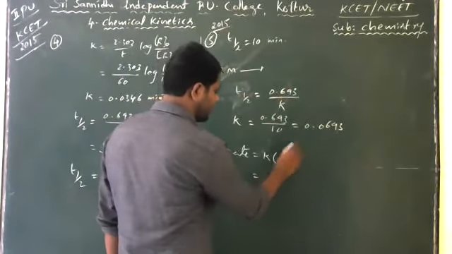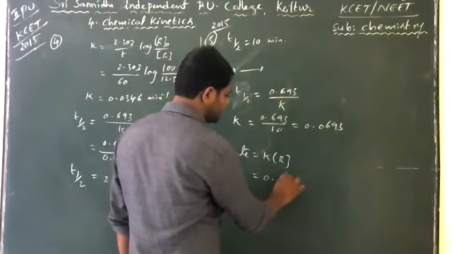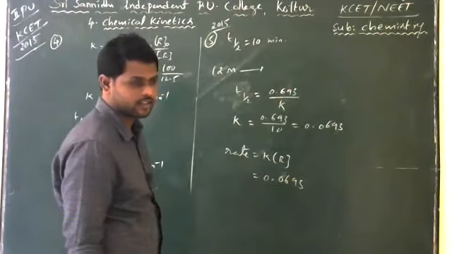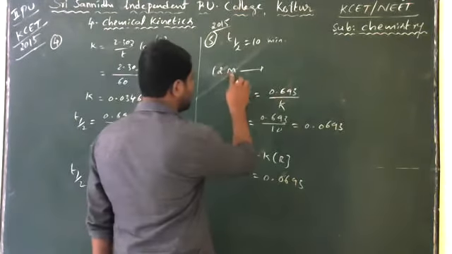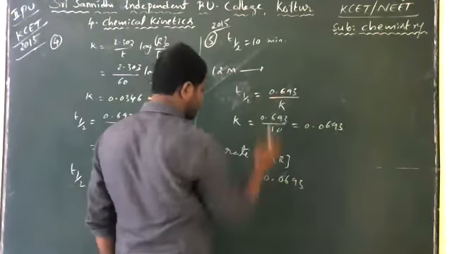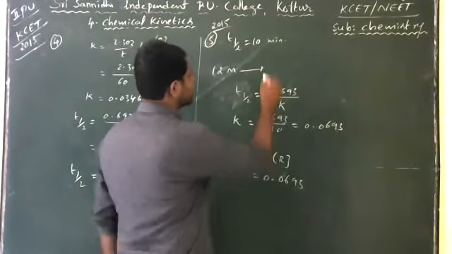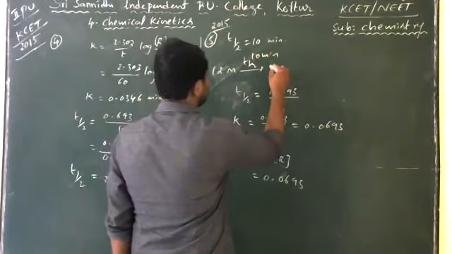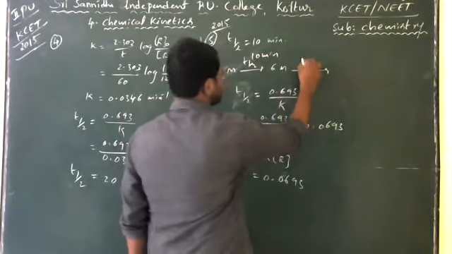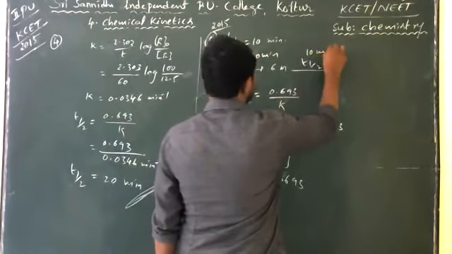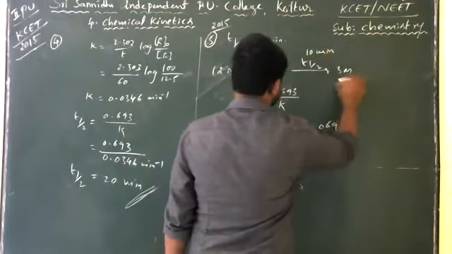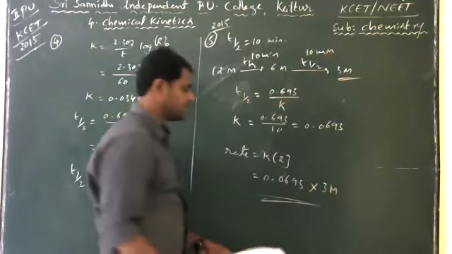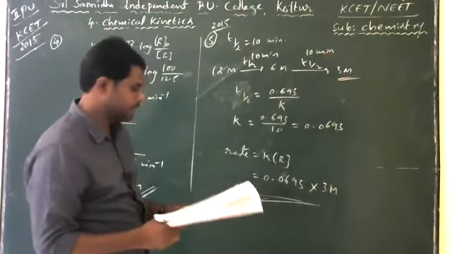The K value is 0.0693, and the half life is independent of initial concentration. So the 12 M concentration started, and after 20 minutes, that is first T half of 10 minutes, it becomes 6, then another T half of 10 minutes, so total 20 minutes, it becomes 3 M. So the rate is 0.0693 into 3 M per minute, which is the answer.